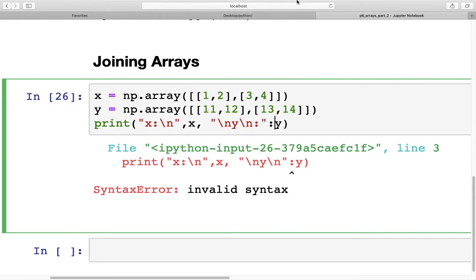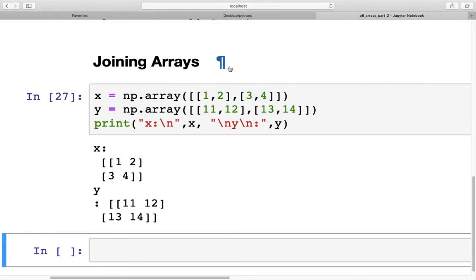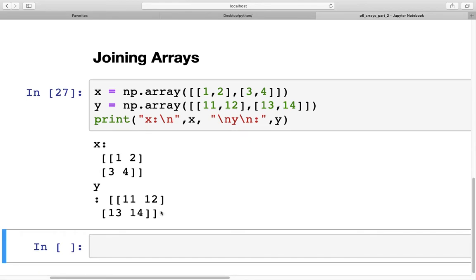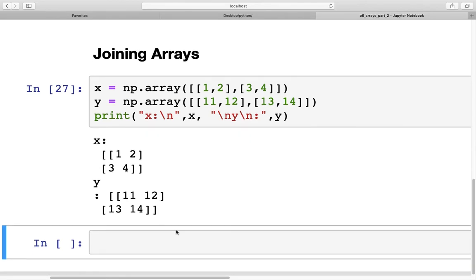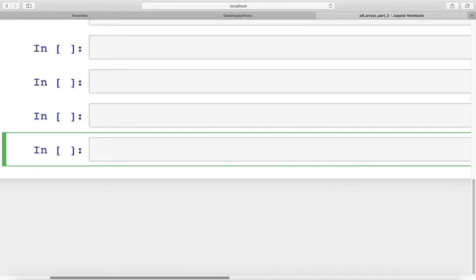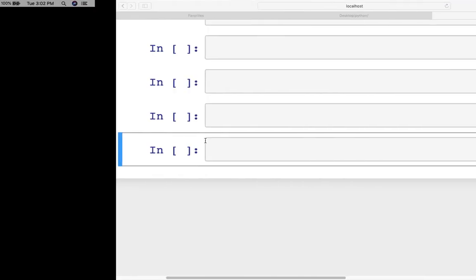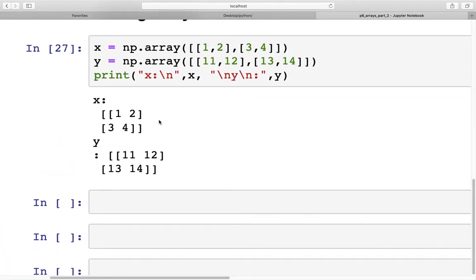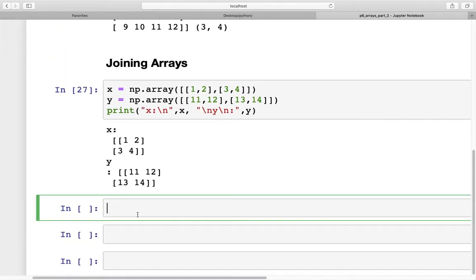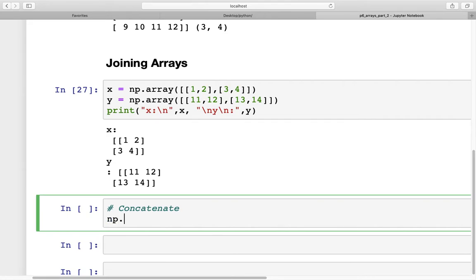Okay, so we have x and y. These are the 2 arrays that we have, and now to join these arrays, we can use a command called concatenate. So for this, we do np.concatenate. In a tuple we supply the values of x and y, and then provide the axis, which is 0 in this case,